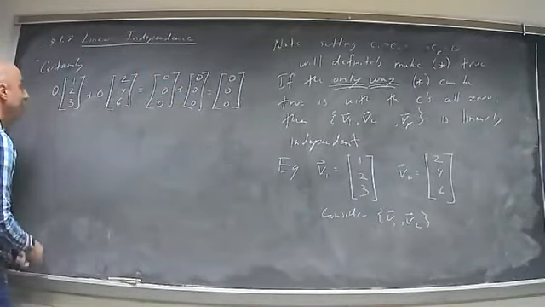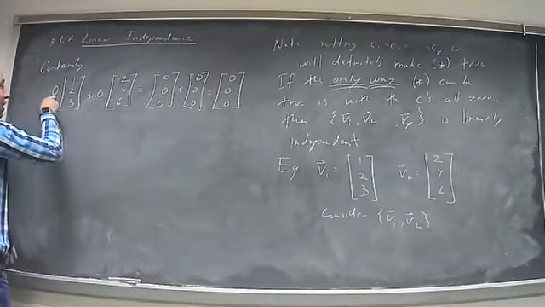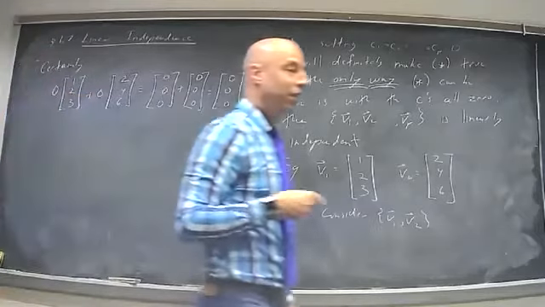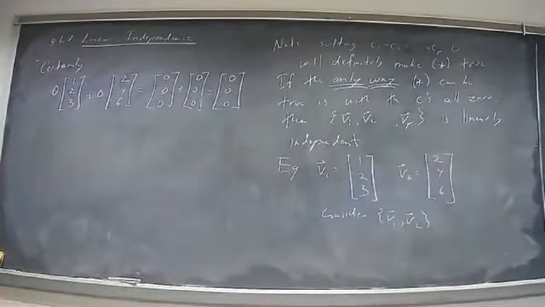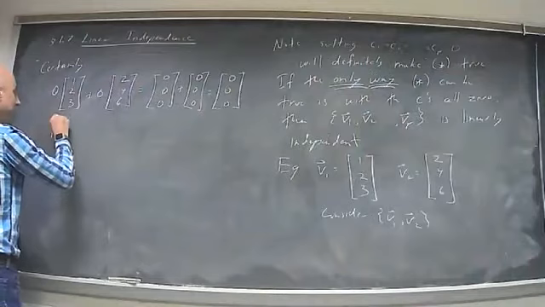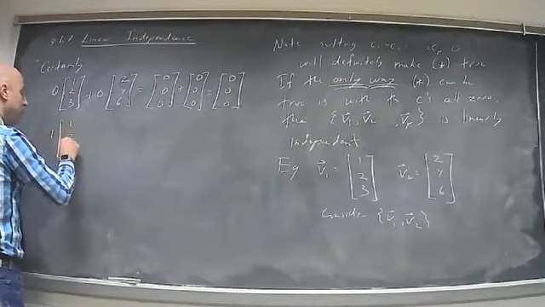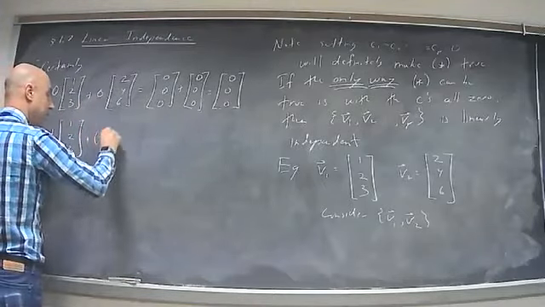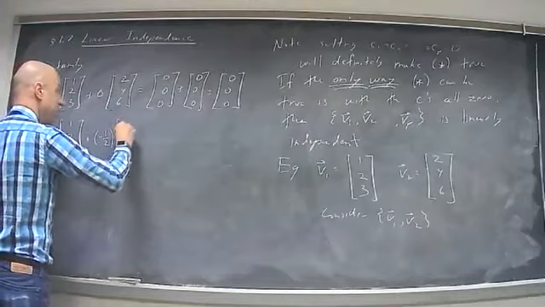Can you think of a number I could put here and a number I could put here, not both of which are 0, at least one of them can't be 0, such that if I did the multiplication and then added them up, I would get the 0 vector? If you put 1 and minus 1/2. Yeah, that would work. 1 and minus 1/2 would work just fine. So 1 times 1, 2, 3 plus minus 1/2 times 2, 4, 6